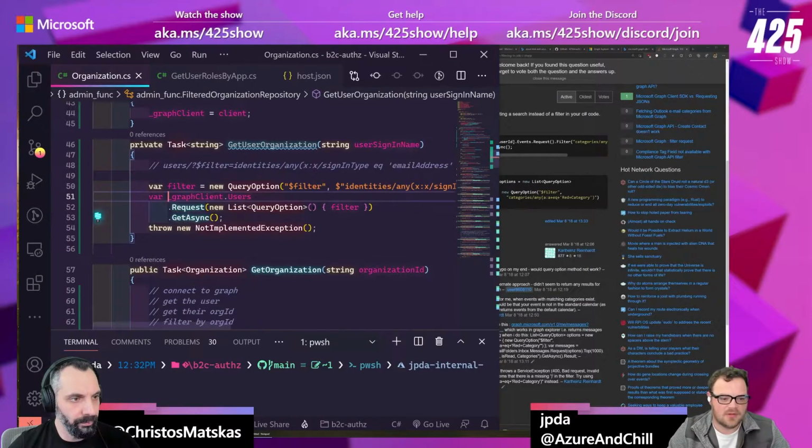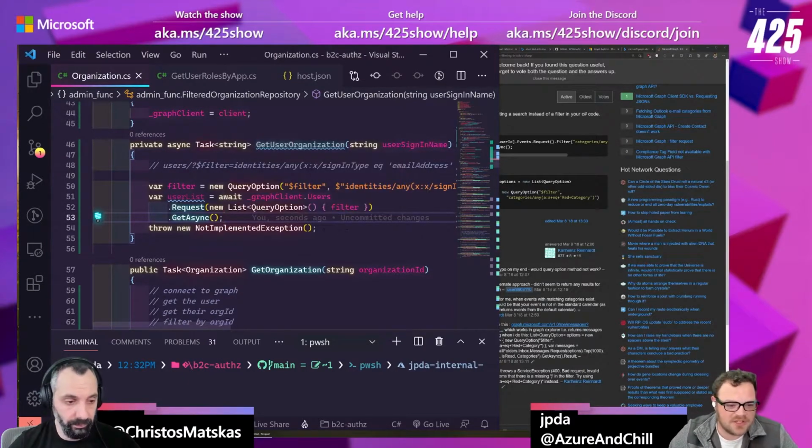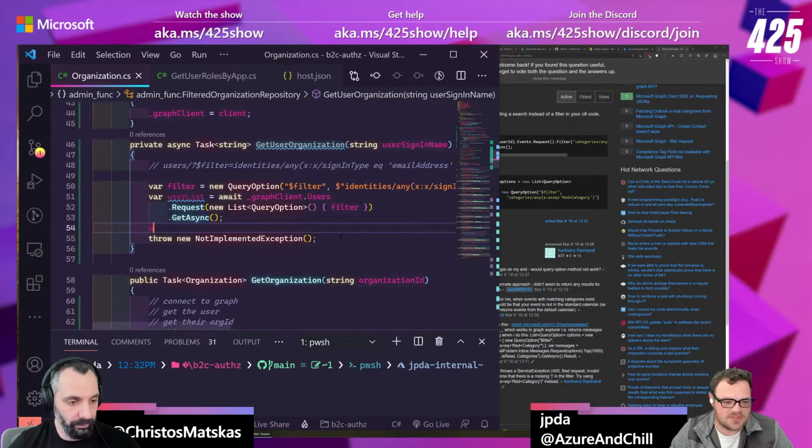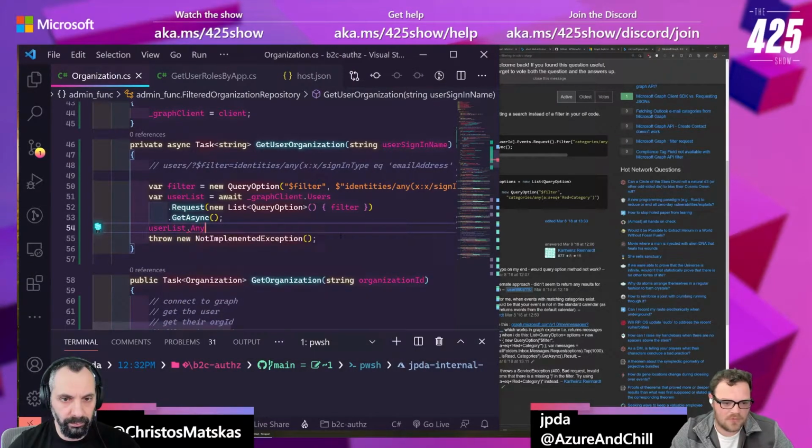All right, this needs to be async. So get user organization. This should get us our user, or users that match that, which ideally should only be a single one. So this is going to give us a list of users. So then in our user list itself,